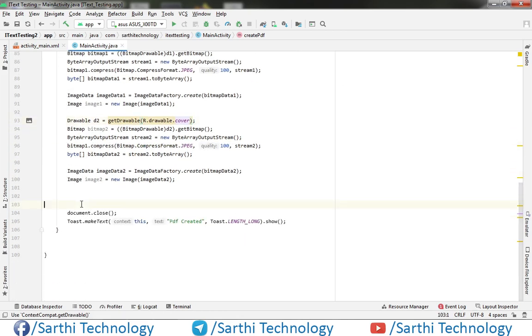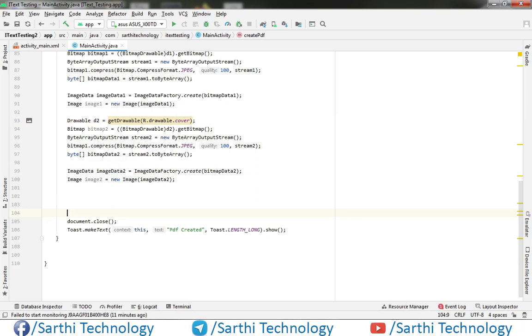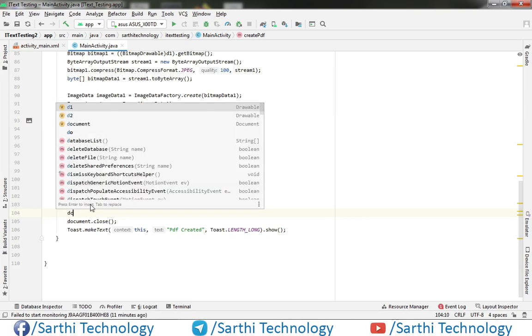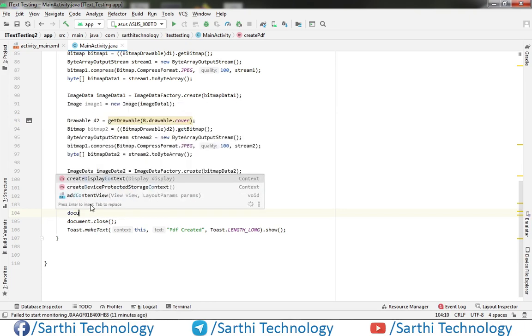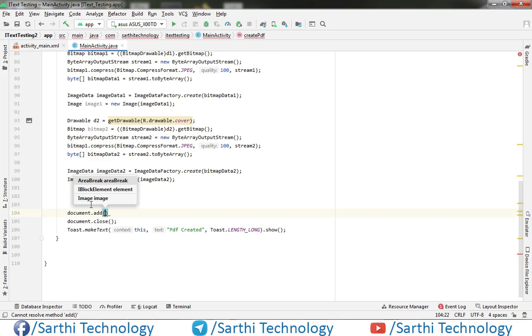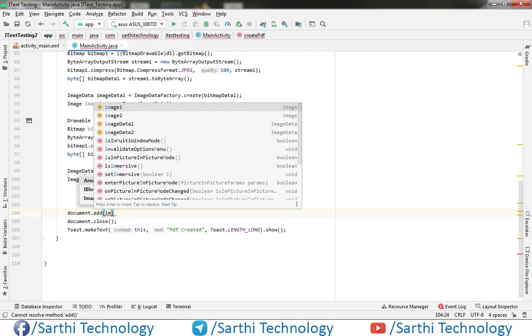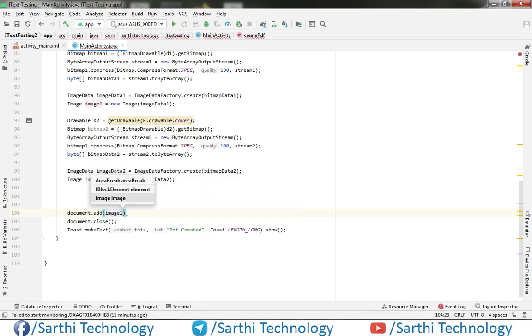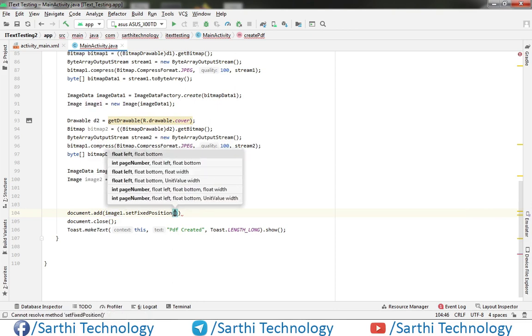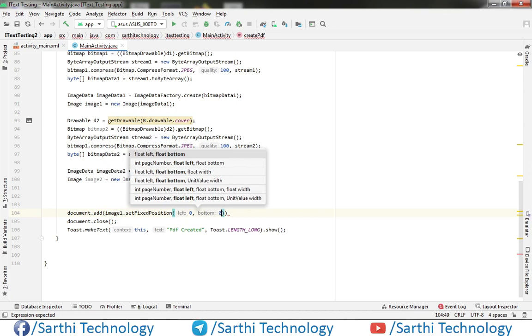So what we need to do first, document dot add, and here we will put image 1 and we will set its position to 0 0 using this dot set fixed position, and position will be 0, 0.